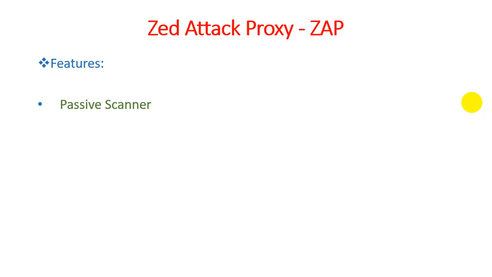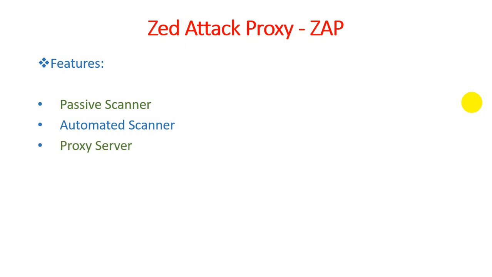But one of the features that Zend Attack Proxy provides is that it can perform a passive scan also. It is a really useful feature if we want to know about any kind of passive attack, or if we have some idea regarding passive attacks on our computer system. The automated scanner can run based on a schedule, or based on some activity, or when an external user accesses our computer system, and then it can perform automatically.